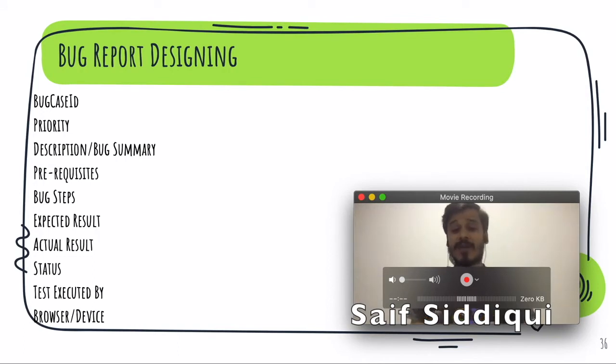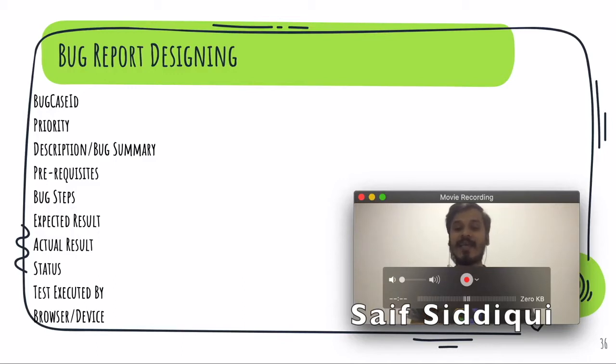So the first one is bug case ID. It is basically the unique ID that we usually assign to any bug that we find, maybe in production environment or staging environment. It can be any environment. We are assigning unique values to those bugs. So whatever issues that we are finding, maybe which is not related to functionality or maybe which is related to functionality, we are assigning them, so that when in future we are going to look at them, we are able to identify them easily, what was the issue that we logged against that particular bug ID. It helps in identifying the issue very easily.